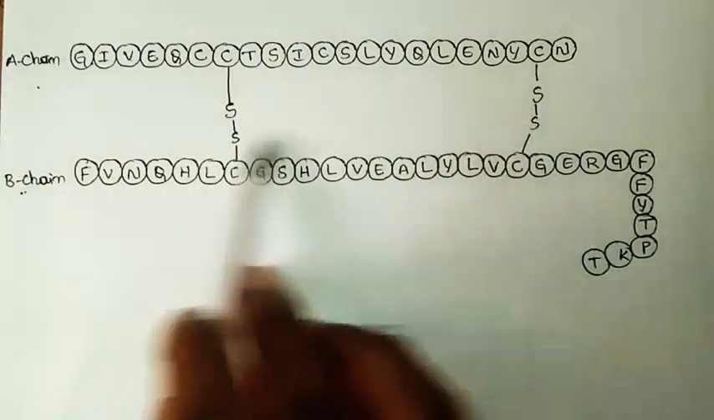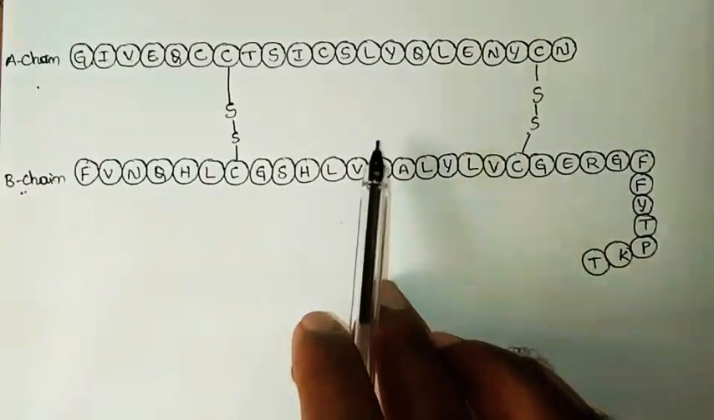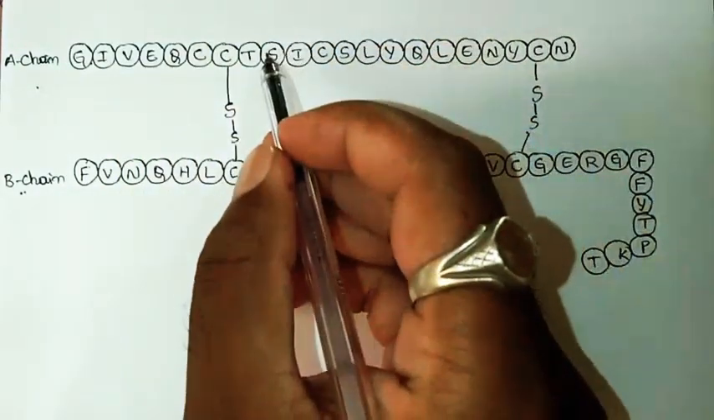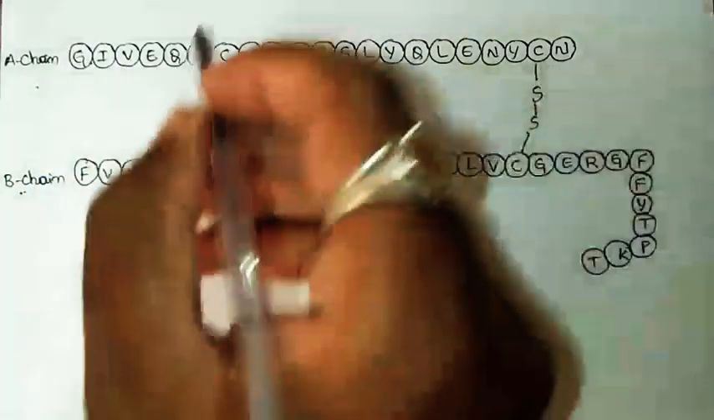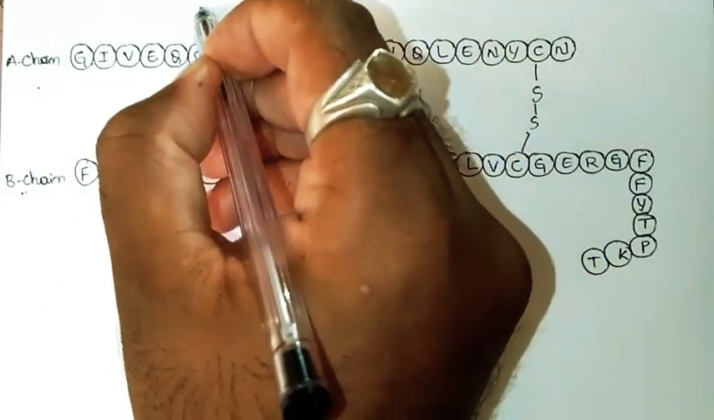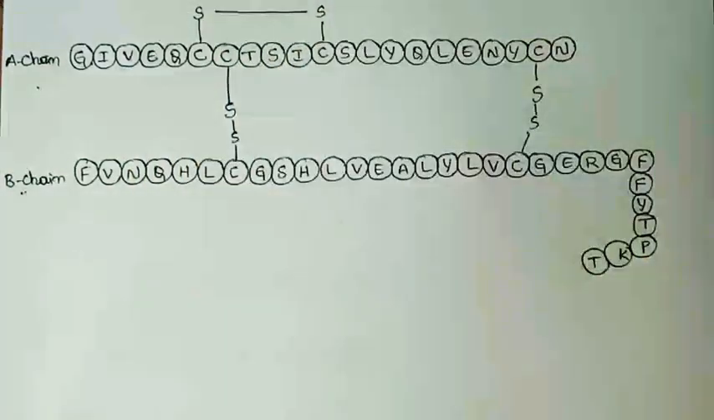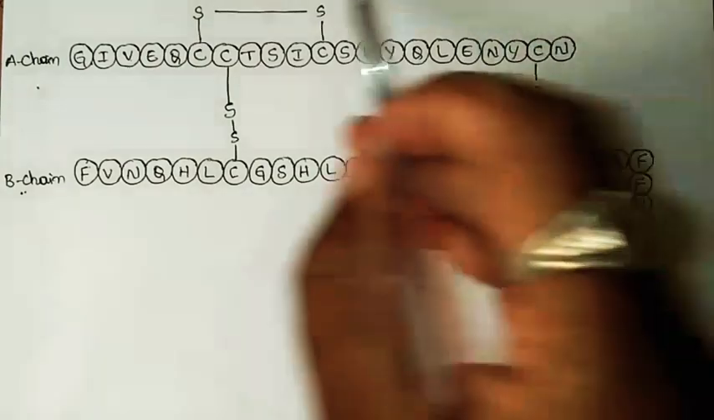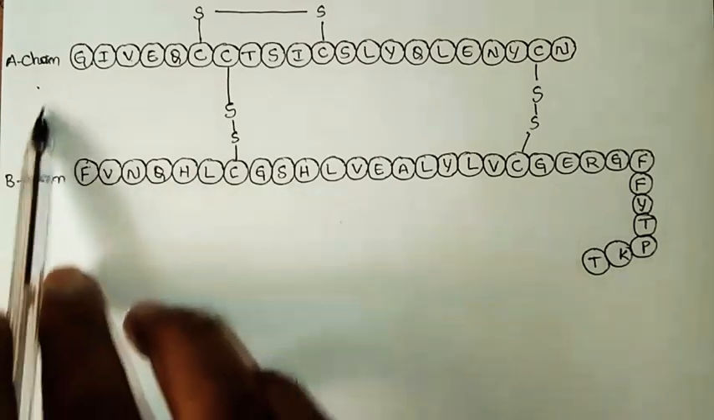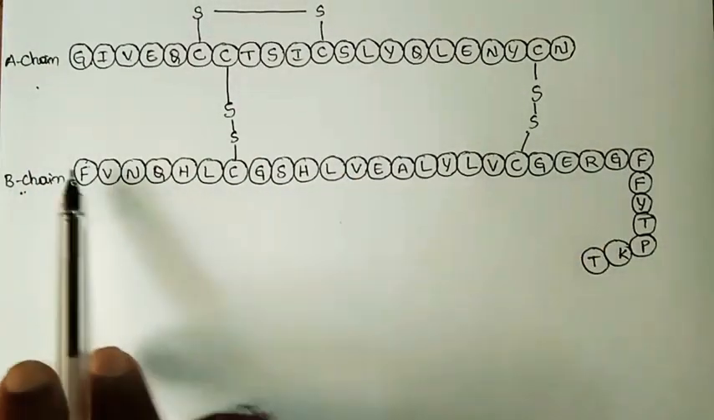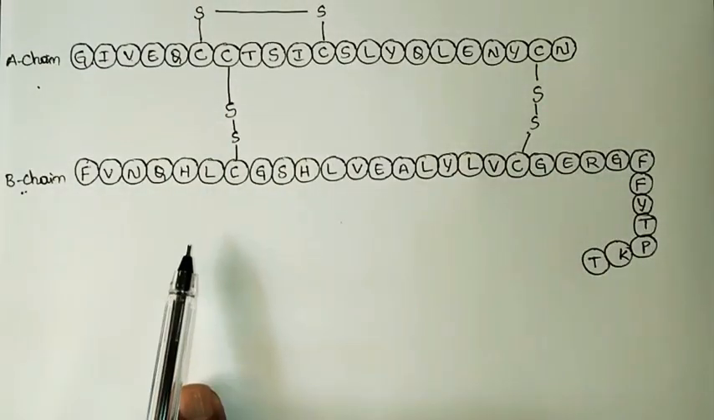And apart from these two disulfide links present between two polypeptide chains, there is one more disulfide link present between two cysteine units of the A chain, that is between this and this. So as a whole, there are three disulfide links present in case of insulin. So just by remembering the two stories what I have said, it is very much easier to write the complete structure of this insulin. So now